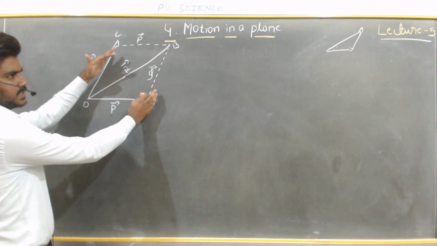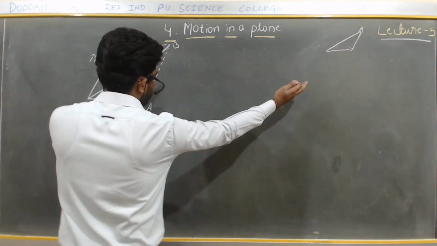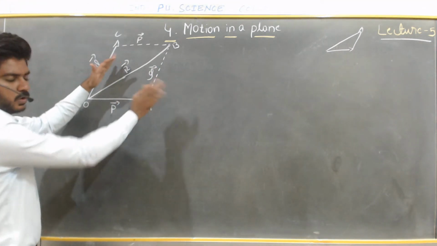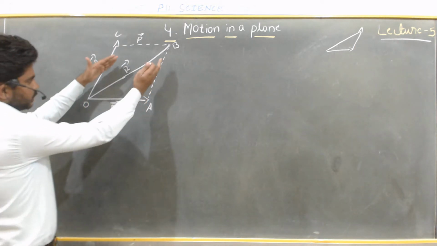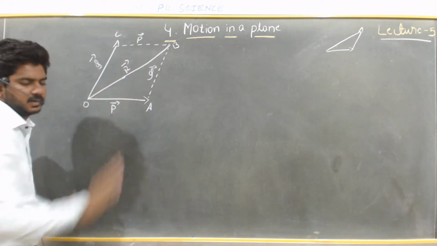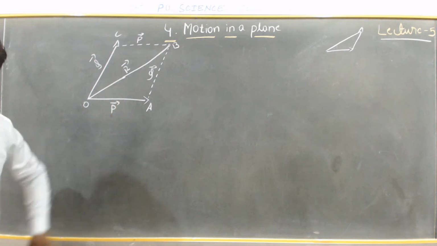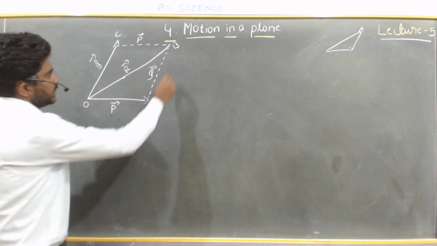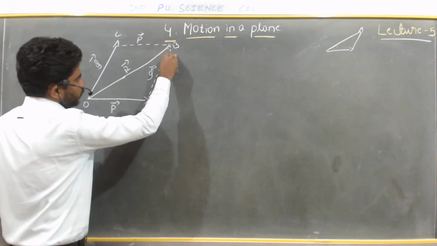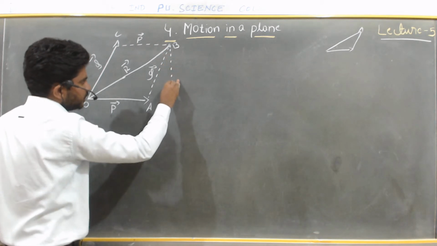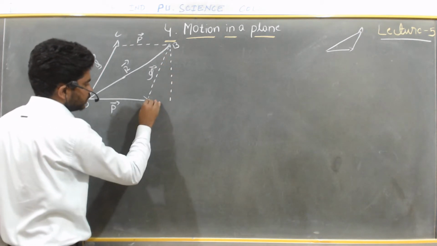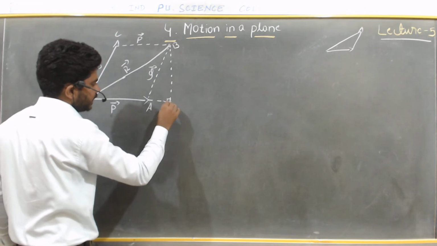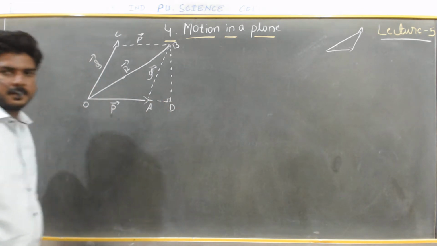See, the same thing is there in the triangle. What we have done there, the same thing we are going to do here. Here also we have got a triangle. So next, what do we have to do? Next we have to draw a perpendicular line from B which meets the point D.